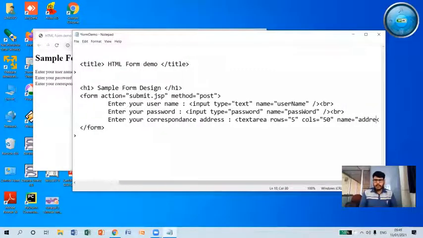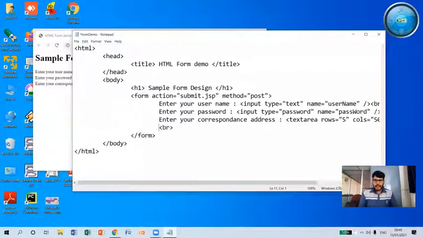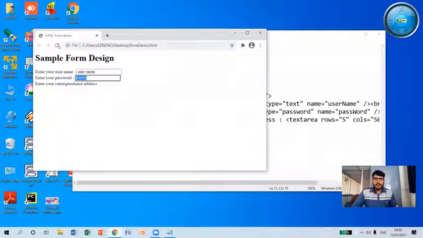And this is the opening tag of the text area. And press enter here, and I'm going to close this text area here. That's it. So now I'm going to save this and reload this.